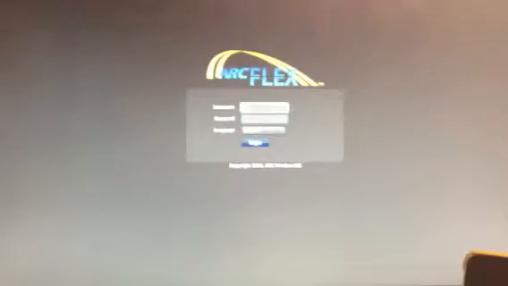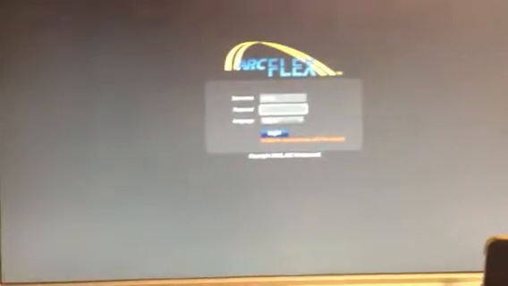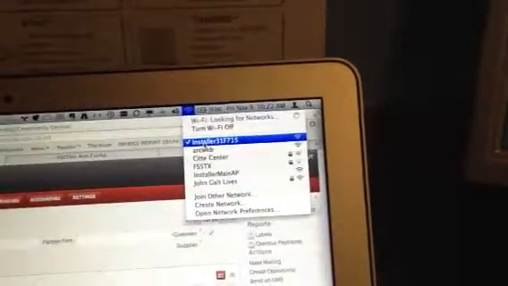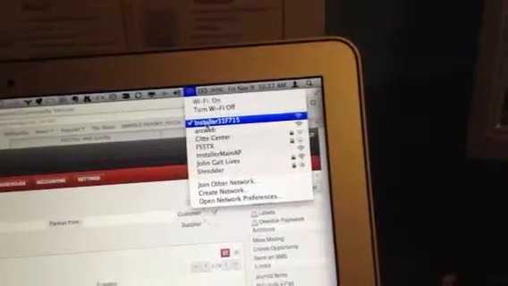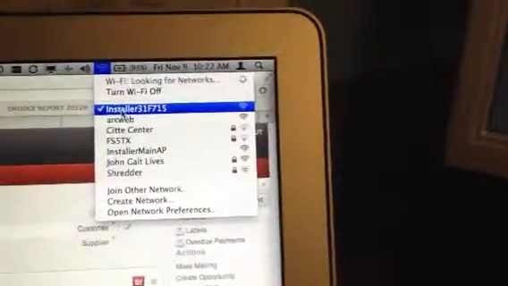49. Wait. Oh, crap. Never mind. It kicked me off. I was connected to the installer SSID, and now it has kicked me away. So my guess is at this point that the file structure is now compromised again after it came up and gave me a good